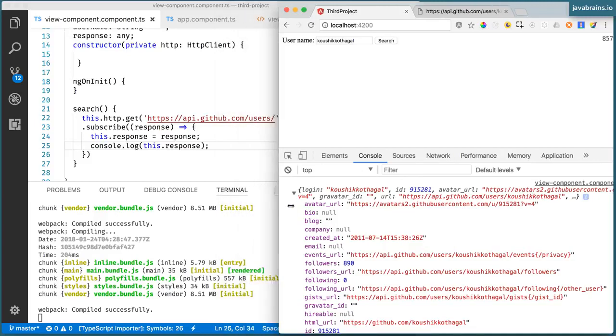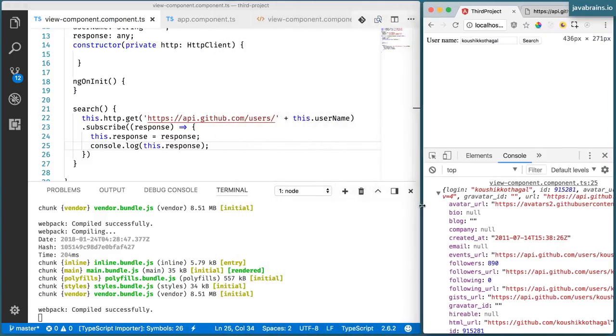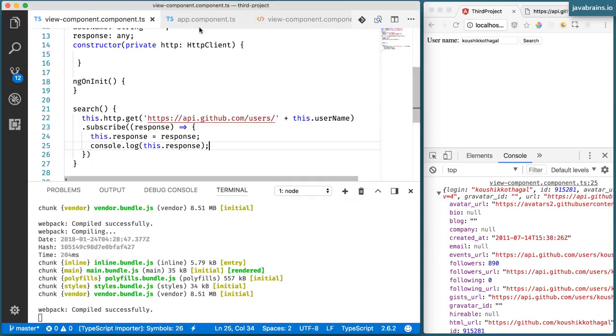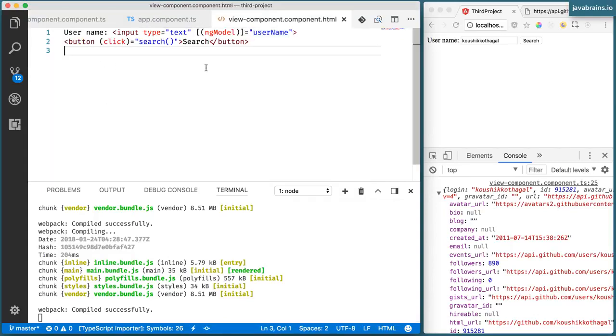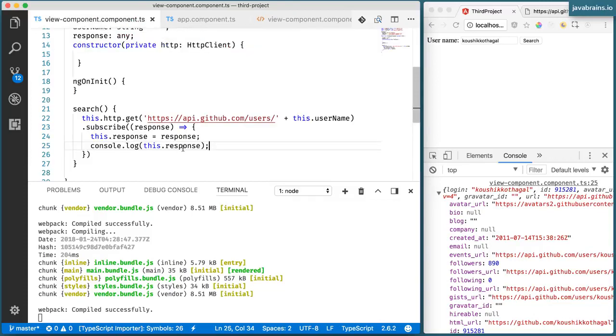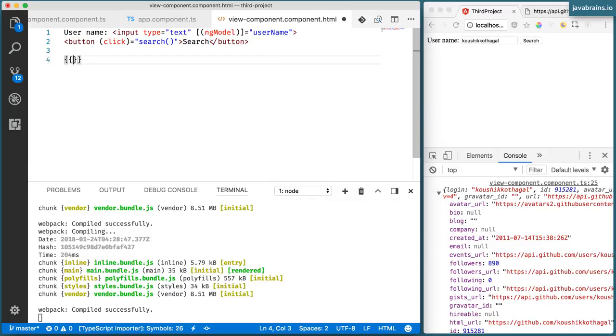What I'm going to do here is print out these values to the view. How do I print the value to the view, to this view component? Well, what I need to do is bind the data that I have over here in the response object to the view. For instance, if I were to just do this.response., let's take some name here, login, right? If I do response.login